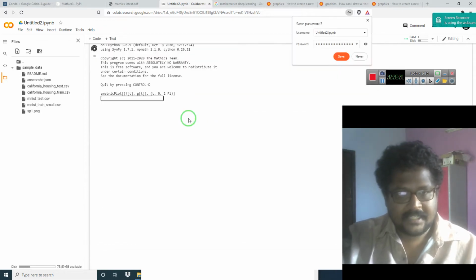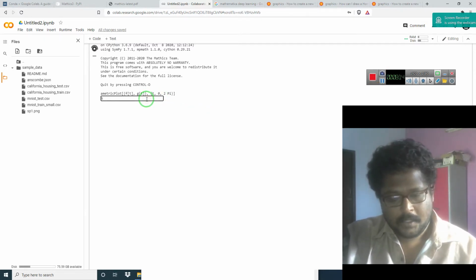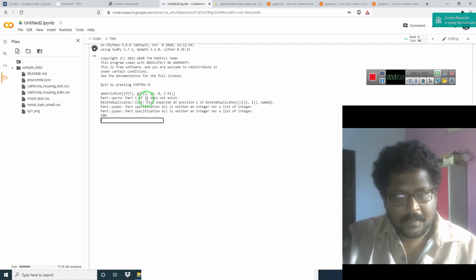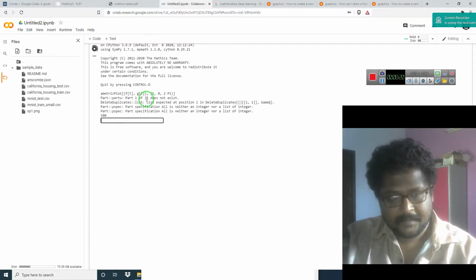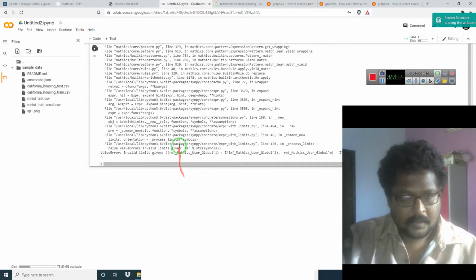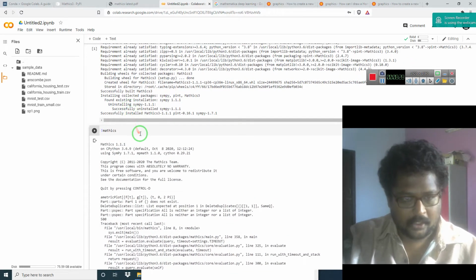So let's see whether this is being done. It should now parametrically plot it. Okay, it's not an integer. Invalid. Okay, no problem, but Mathics can be used in this manner also.